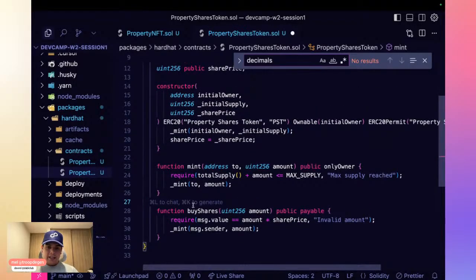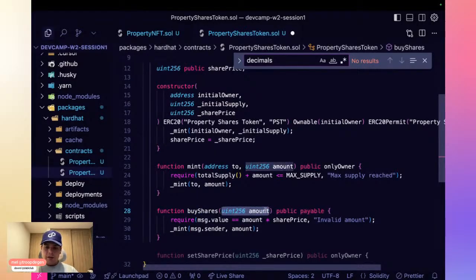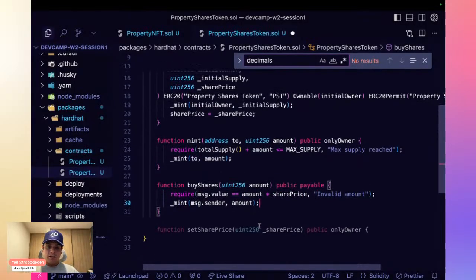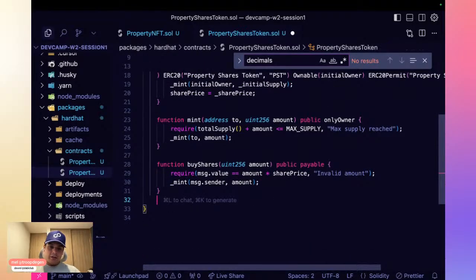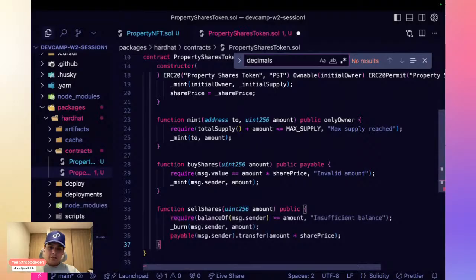In any case that anybody wants to buy part of this share, we would require them to send the amount of shares that they want to buy. We will multiply it by the share price, and we need to ensure that the msg.value is equal to the calculation. Otherwise, it's an invalid amount. If it's over or under, that will not work. So this is a basic buy function, and we can also create a set share price function.